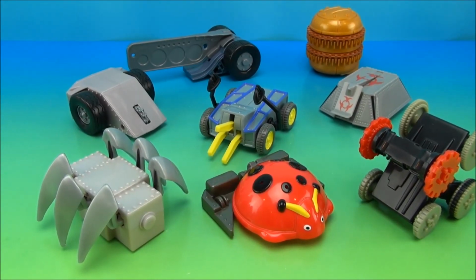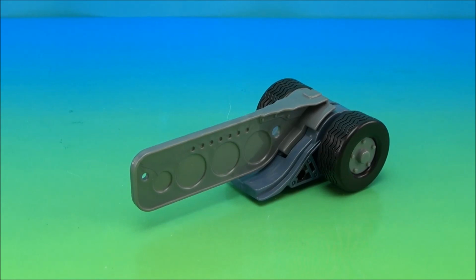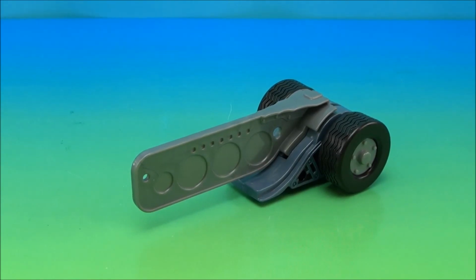I'm Mitch Santona, and today we've got 2002's McDonald's Battlebots full collection. First up, I don't know the name. I used to watch the show all the time, and I loved it, and now I can't remember any of